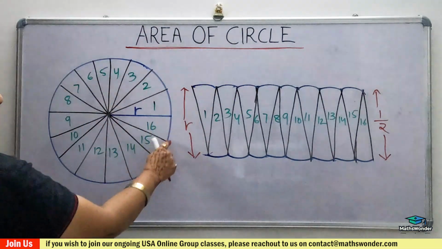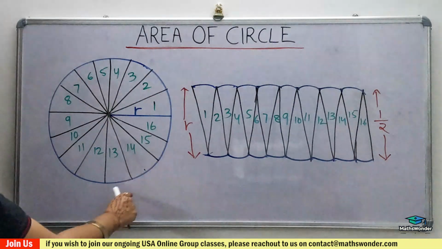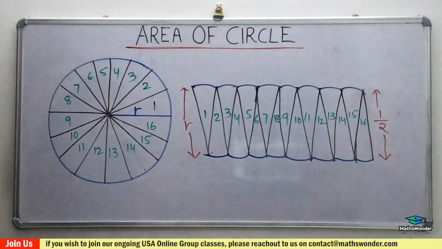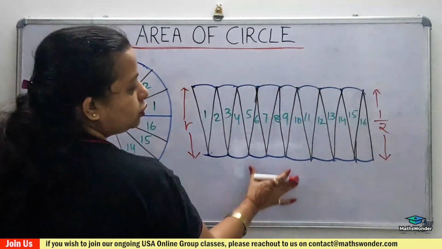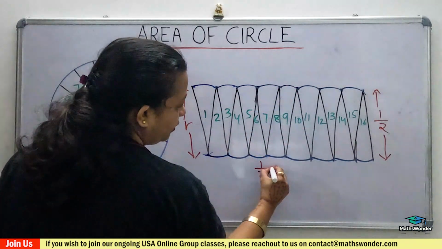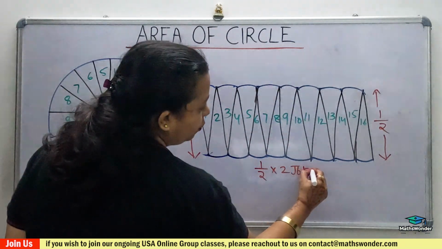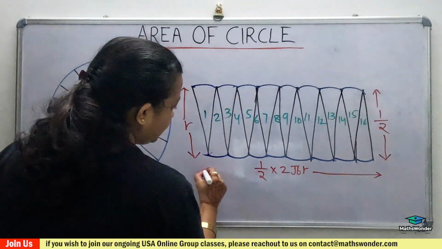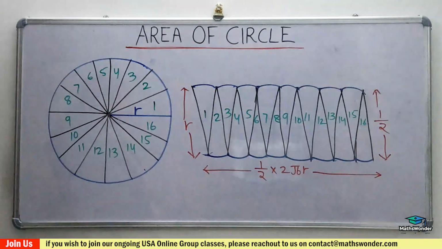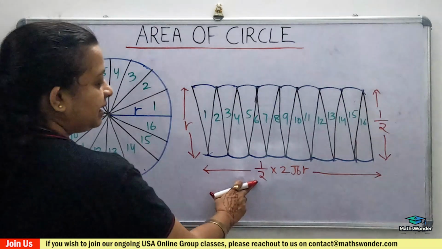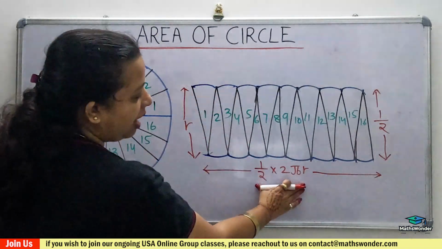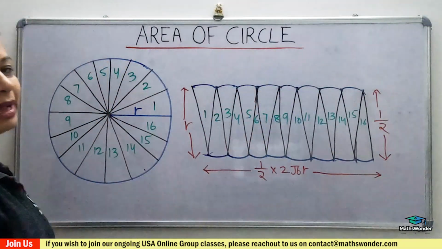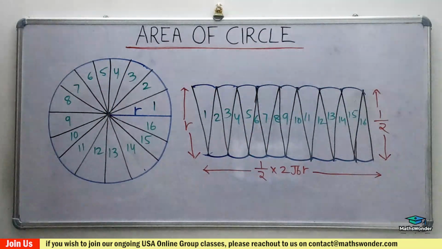And this is the circumference of the circle. When the circumference of the circle is divided into 2, it's half of 2 pi r, as we have learned, the circumference formula, which is 2 pi r. Why have we taken half here? Because the strip is divided into 2 parts, so half of 2 pi r is here, half of 2 pi r is here. So that's why we have taken 2 pi r.